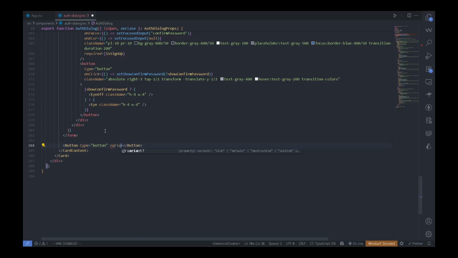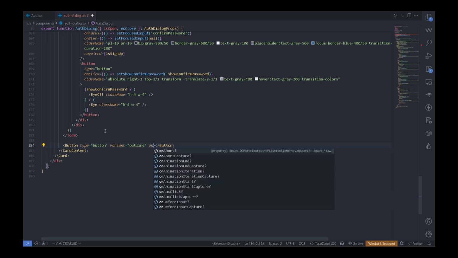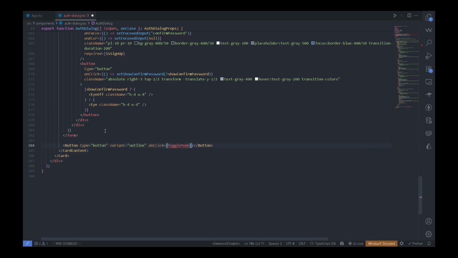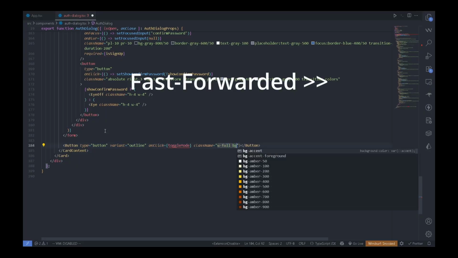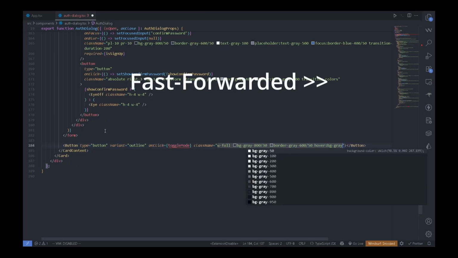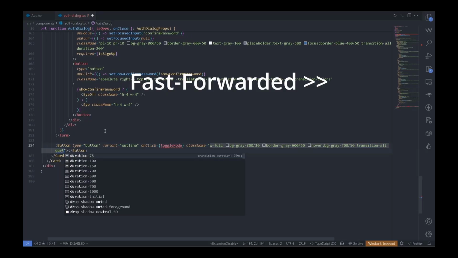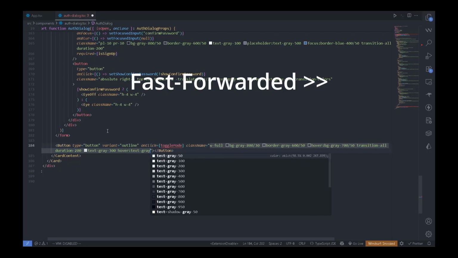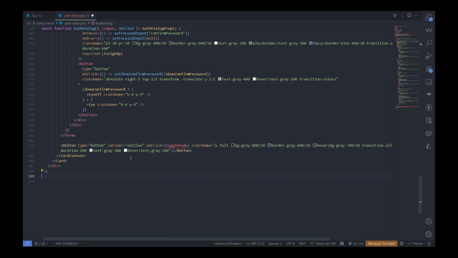Then variant will be outline. Then onClick will say toggleMode, which we will implement in just a few seconds. Then class name will be